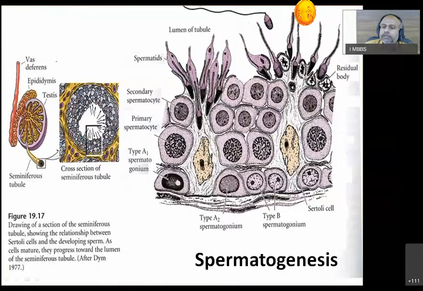body of this oval-shaped structure, which is converted into this elongated flagellar structure. The residual parts get engulfed or phagocytized by this circular cell. That is another function of this circular cell.